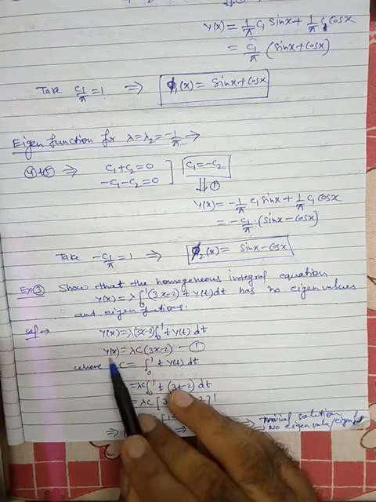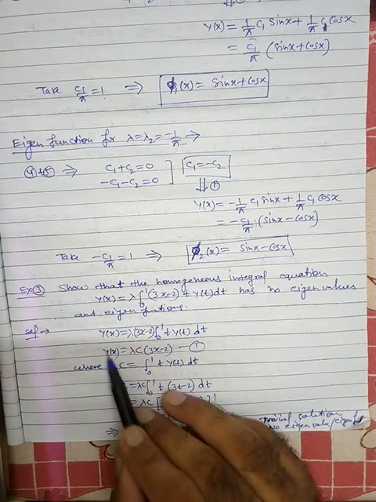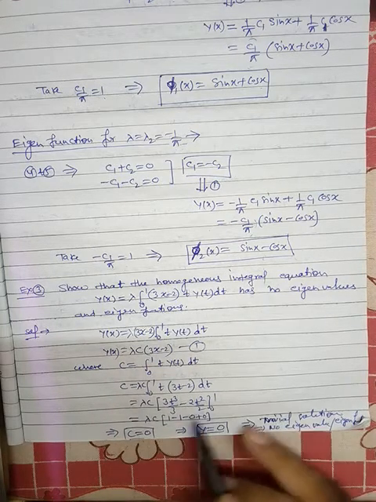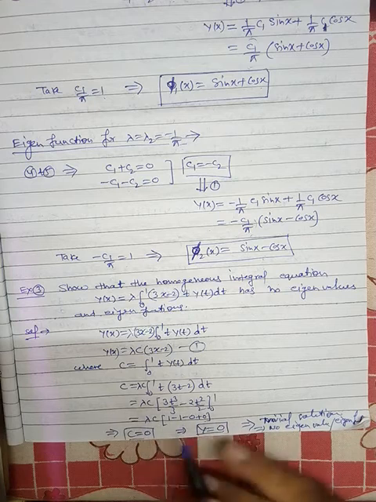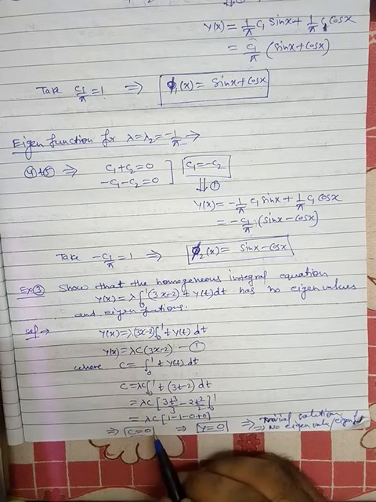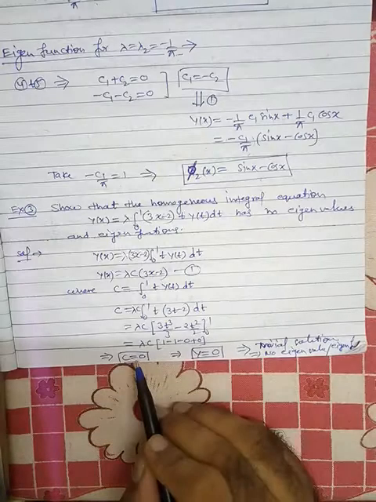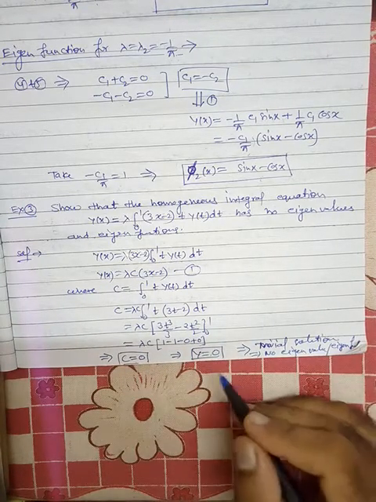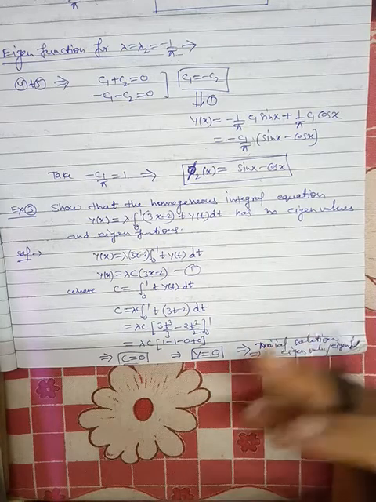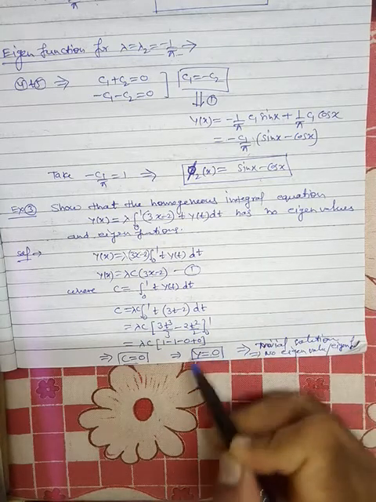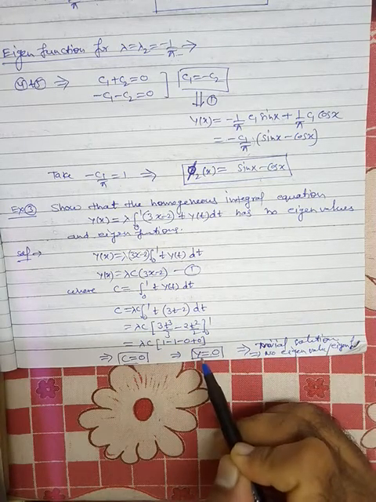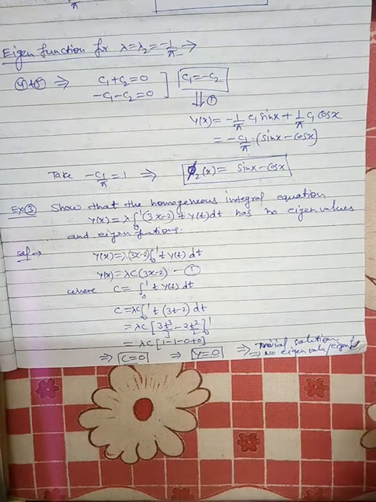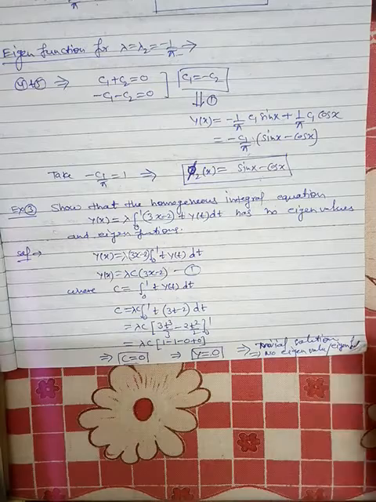So now from equation number 1 we can take y(t) as lambda c (3t minus 2). So replaced here. So solve this equation. What we will get ultimately? C is equal to 0. So when you put C equal to 0 here, ultimately you will get y(x) equal to 0. But we know that y equal to 0 is a trivial solution, and generally we do not consider this as an eigenfunction. So that's why there is no eigenvalue and no eigenfunction. Fine. So this problem has no eigenvalue and no eigenfunction.